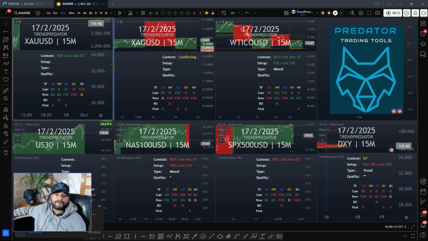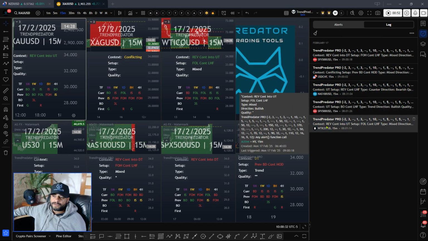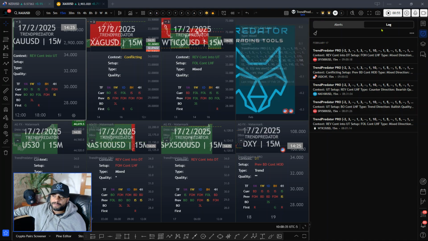As you can hear in the background, I've got the Trend Predator already kicking out setups, alarms going off. We'll have a look at that now. So we've got an alarm here set up in the Trend Predator. It will give you the setups as and when they appear, depending on your watch list. That's certainly helpful when it comes to keeping an eye on all the movements that might be going on. But nevertheless, coming into my trading window at 10 a.m.,